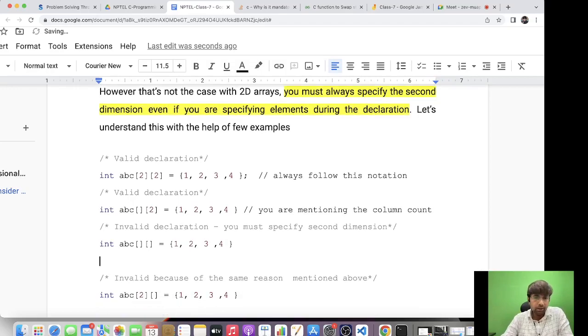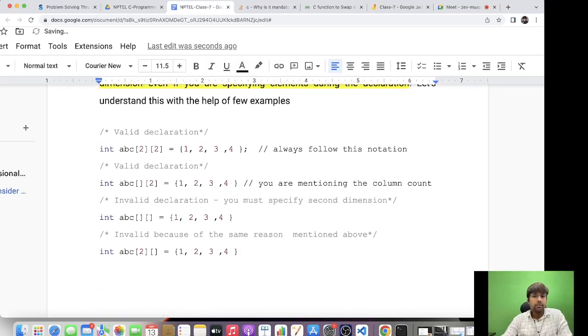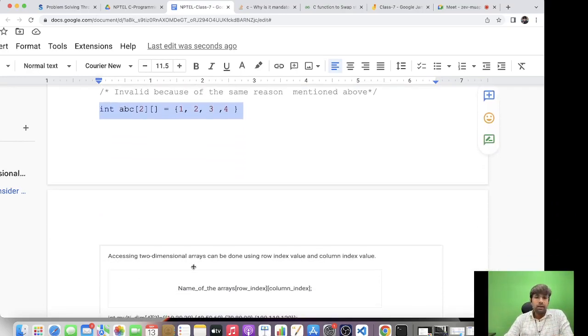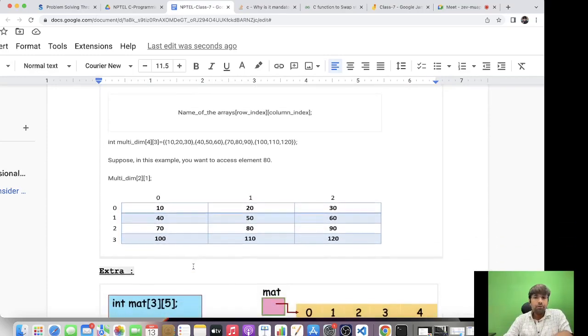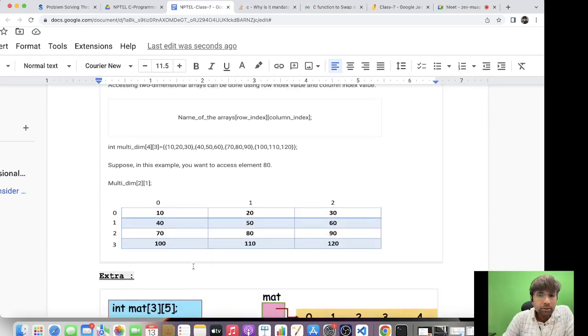That is the first thing you need to remember. And the second thing is, this is also not valid because the compiler doesn't know where to break. So this is also an invalid statement in terms of the C compiler. And now we will look at how we can figure out where particular